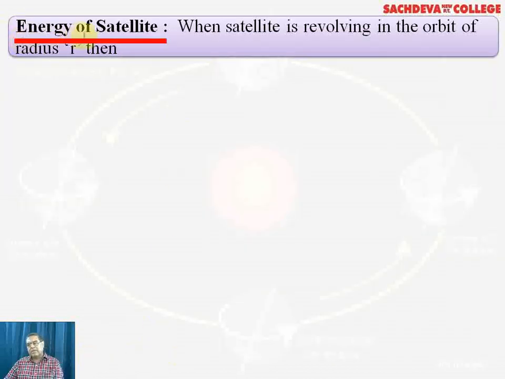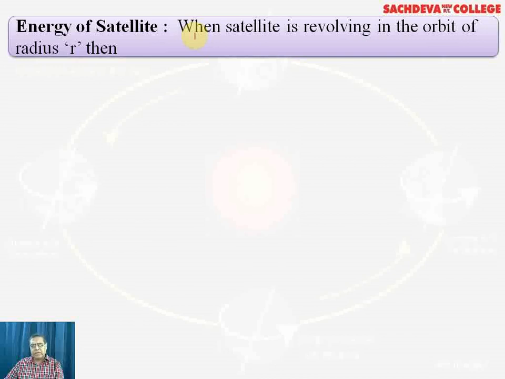Now we come towards the energy of a satellite. When we use the term energy, we are referring to the potential energy as well as the kinetic energy of the satellite. So when we use strictly the energy of a satellite, we are referring to the total energy, that is, the algebraic sum of kinetic energy and potential energy. Some more things are to be known about the energy. Potential energy is the work done to bring unit mass from infinity to a point in the gravitational field of the given mass. Whereas when we use the term kinetic energy, it means bodies revolving around another body,